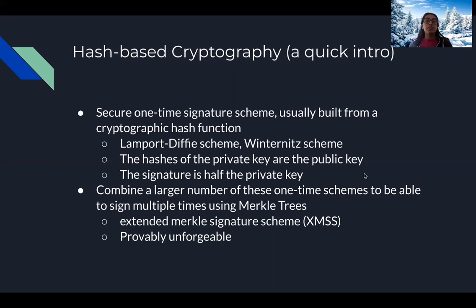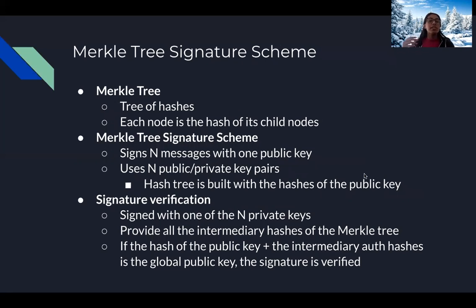So what happens is the recipient can run the same algorithm and hash the message and check which of the public key hashes are supposed to be used and make sure those match the hashes of the half of the private key that's in the signature. Obviously this can only be used once because you do have half of the private key in the signature, so more uses are going to make the private key less and less secure. How we get around that is by using Merkle trees. A Merkle tree is basically a tree of hashes where each node is the parent of its hash nodes. So in the Merkle tree signature scheme, each of the leaves of the tree is going to be a public-private key pair using either Lamport-Diffie or Winternitz or a derivative.